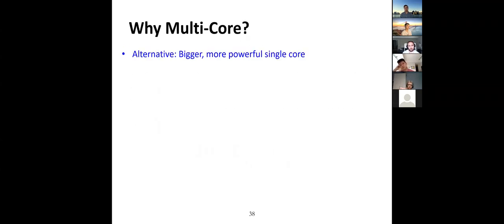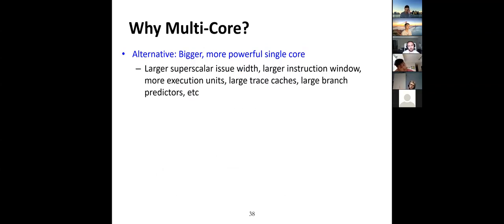Okay, so why was multi-core selected? The first alternative is a bigger and more powerful single core. If you want to make bigger and bigger cores, they're going to face not only frequency issues, they're going to face the issue of scalability of some of the key architectural primitives or architectural artifacts that exist on those chips. So the large superscalar machines have an issue with how many instructions you can run in parallel. They also had a limit on the instruction window,